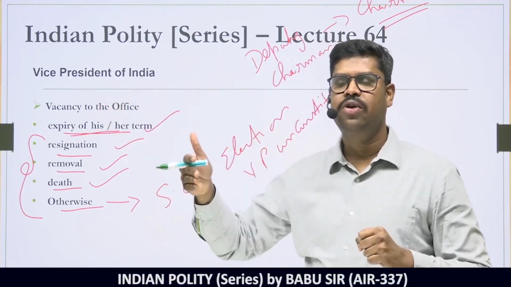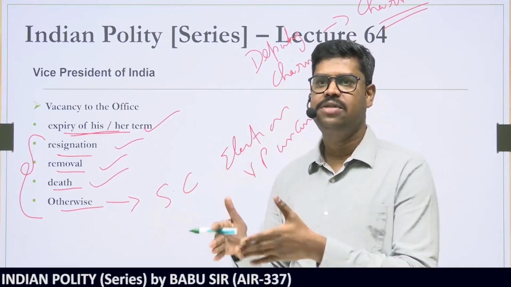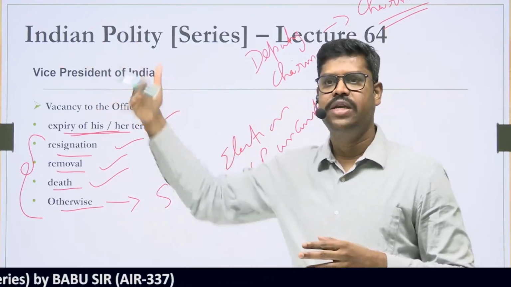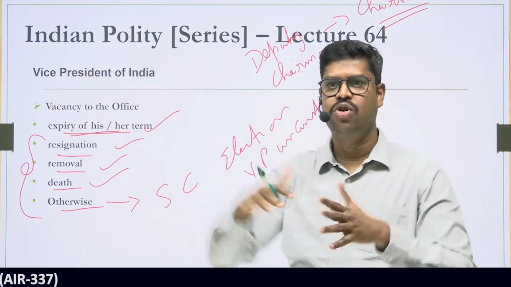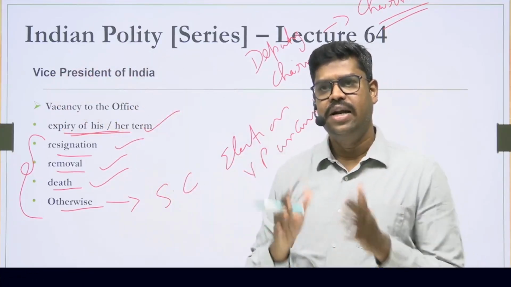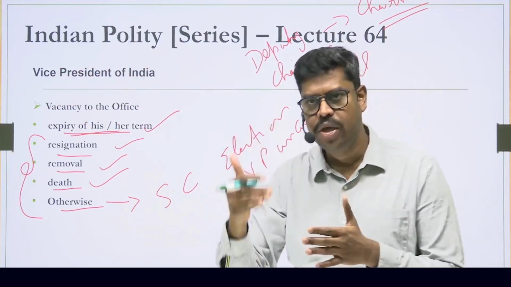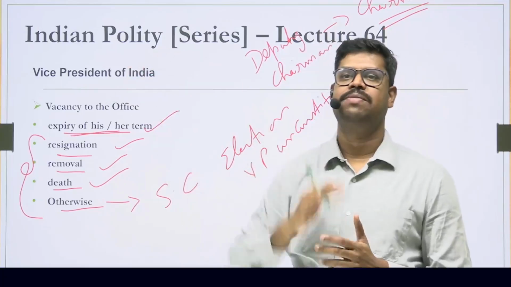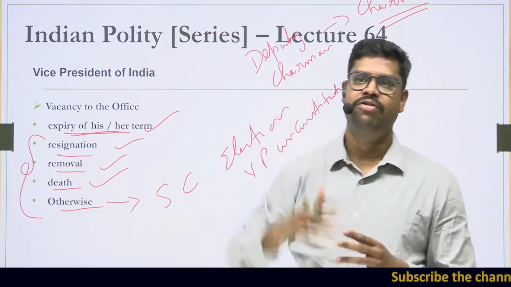that the new vice president is elected, but is not able to assume the office when the incumbent vice president's term is coming to an end, for the reason that the new vice president has fallen sick or has met with an accident. So he is injured, he is in the hospital. So for a few more days, he is not able to assume the office. Under such circumstances, what does the constitution say? The constitution says the outgoing vice president would continue to be the vice president till the time the new vice president assumes the office. So therefore, the outgoing vice president would continue to be the chairman of Rajya Sabha.